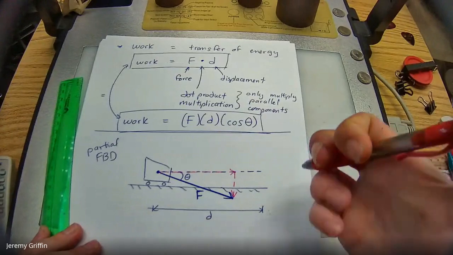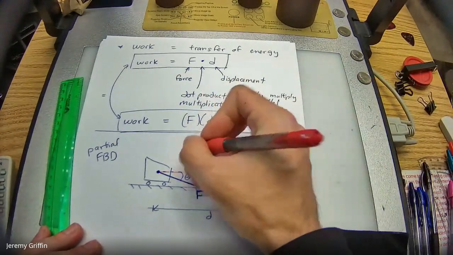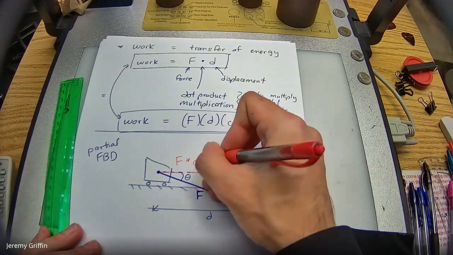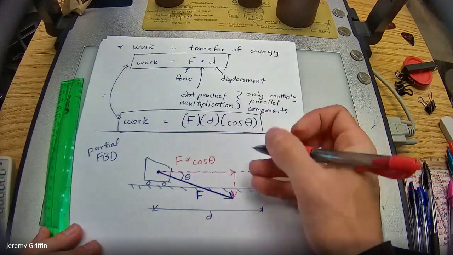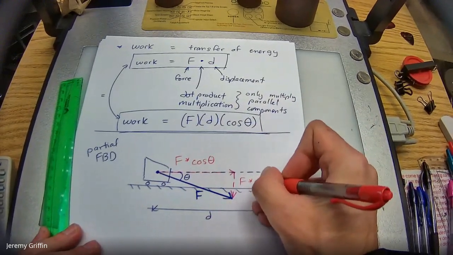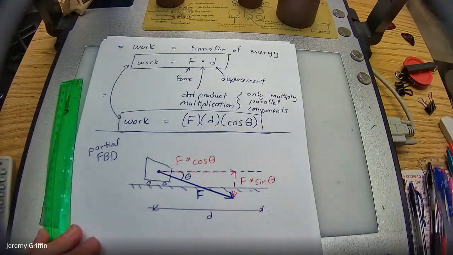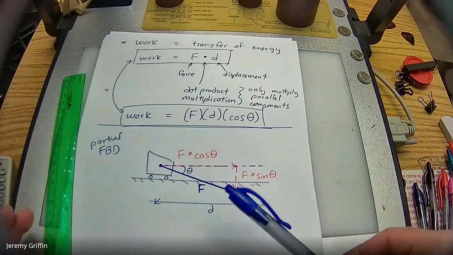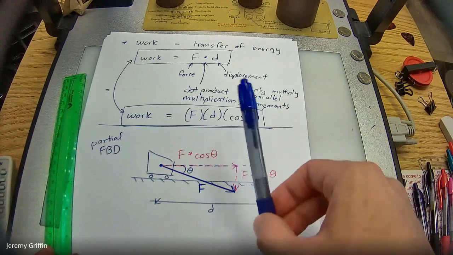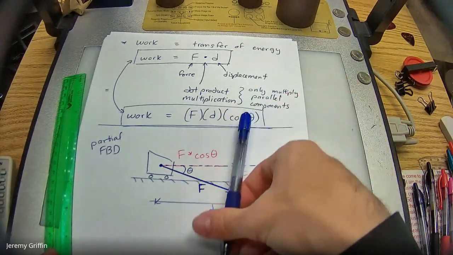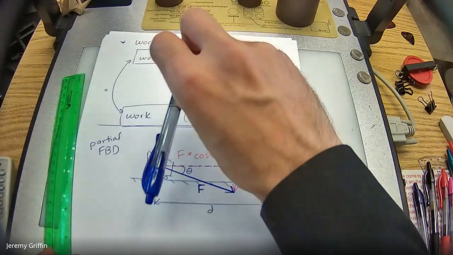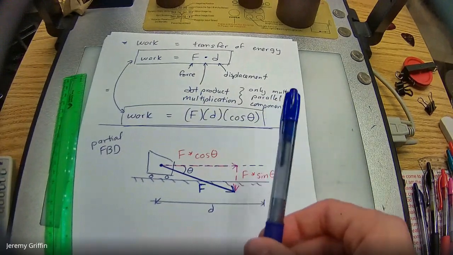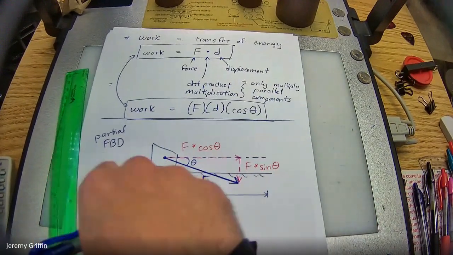Now let's label these components. What's this top one called? Force times cosine of the angle, because see how it's adjacent to that angle? So this one must be force times sine of the angle, which is how much you're pushing into the ground. But the component parallel to the ground is the only part actually moving the cart. Maybe you can make the case that the vertical component would increase the normal force, which would increase friction, which would overall slow the cart down. That would affect the motion of the cart, but let's leave that aside and just consider the energy transfer from the person pushing on the cart.